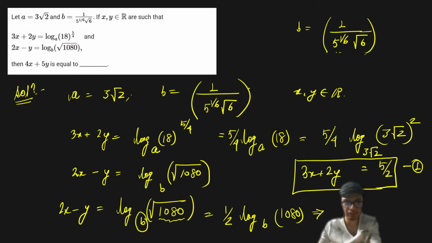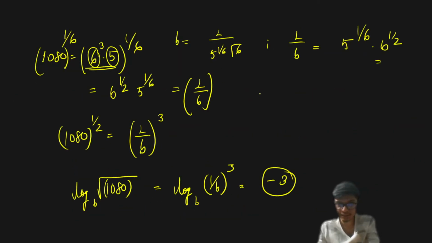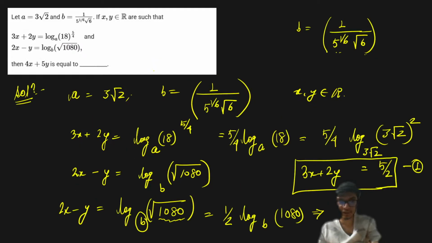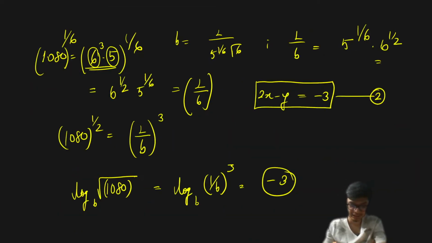So therefore the second equation over here we have it as 2x minus y is equal to minus 3, right? So this is my second equation. So once I have both the equations, then I am able to simplify it further. I am able to easily get the values of x and y. So on solving the system of equations, the first equation and second equation, I get the following values of x and y as,